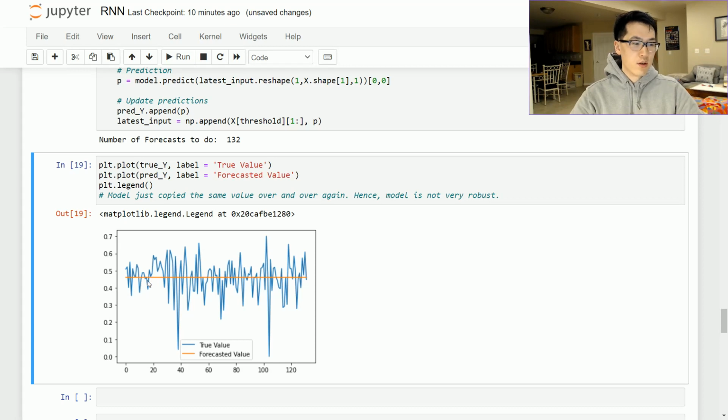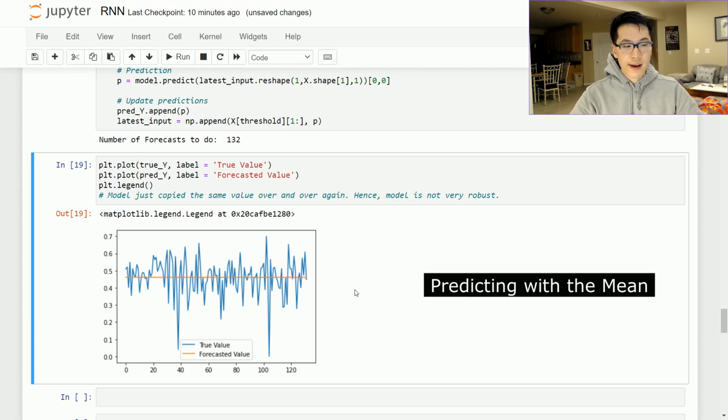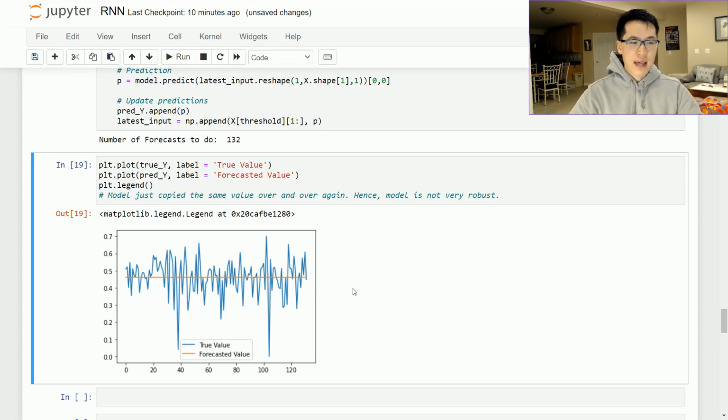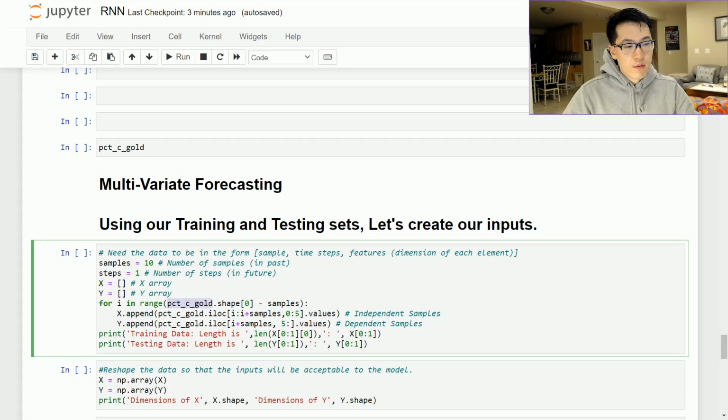So notice our forecasted values pretty much are like a flat line, which is pretty much to be expected. It's just using the previous value as the given prediction. It will keep on doing that, and that just says that your model is essentially not good enough, and it's not really getting the trends over there. So yeah, I'll be using this value over here,